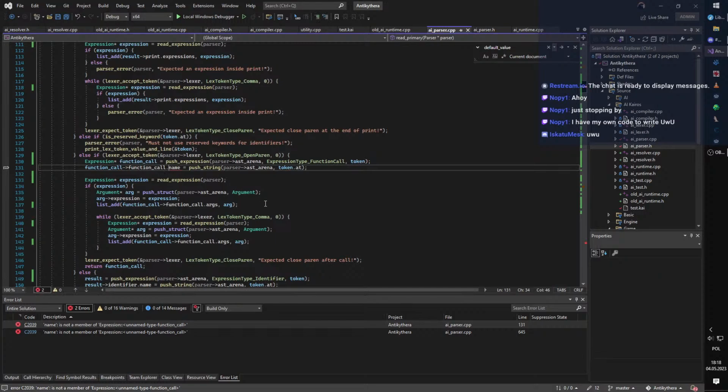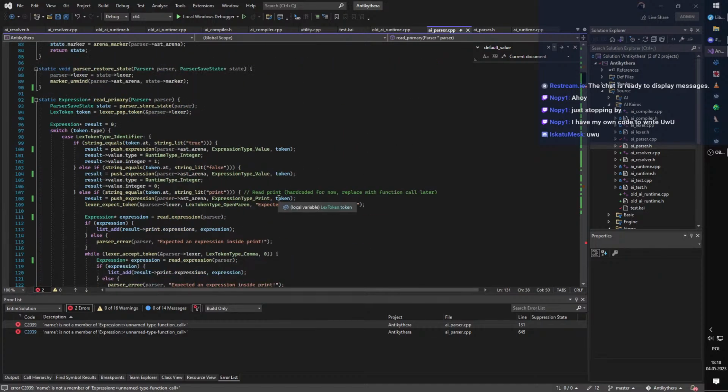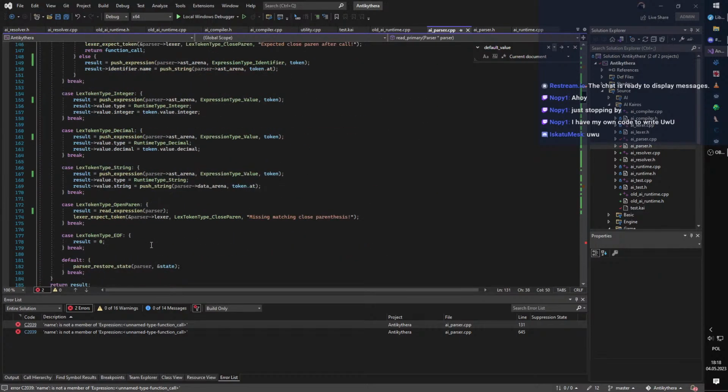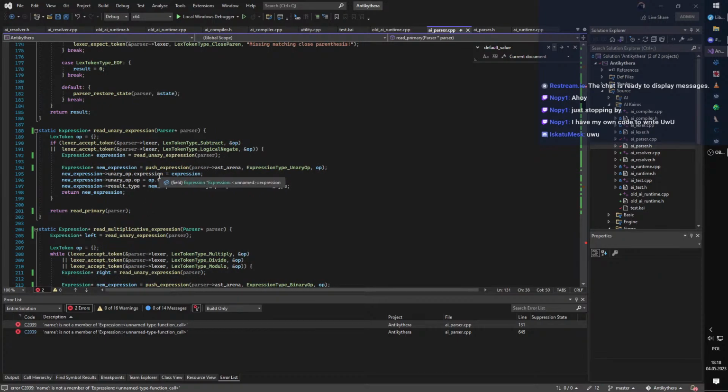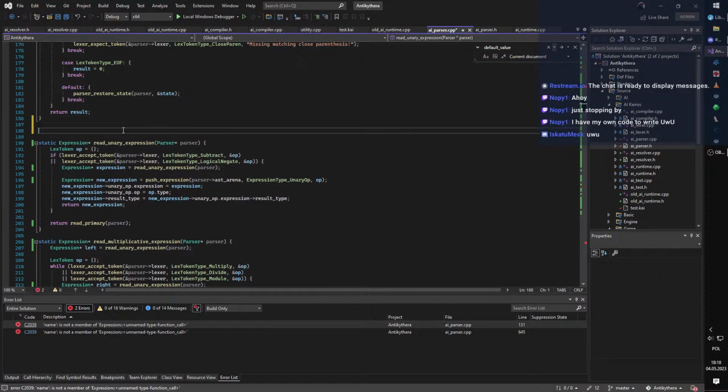What it will do now is it will have a thing here, read call expression,